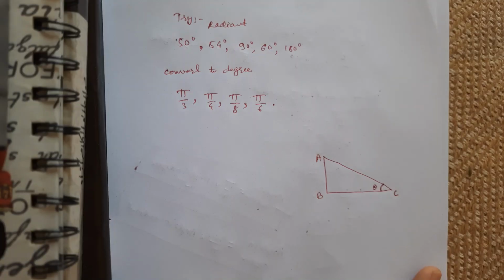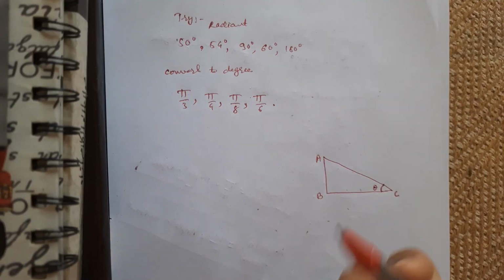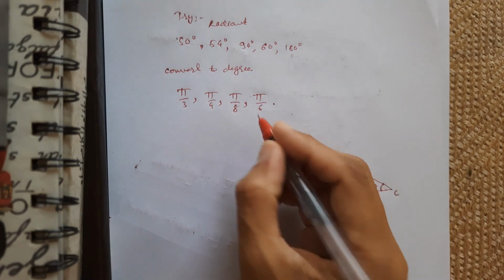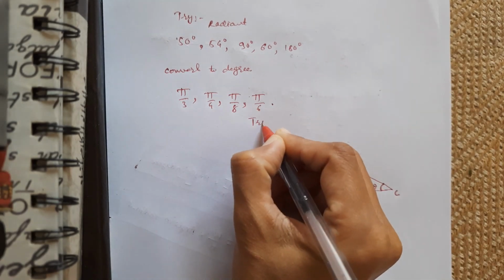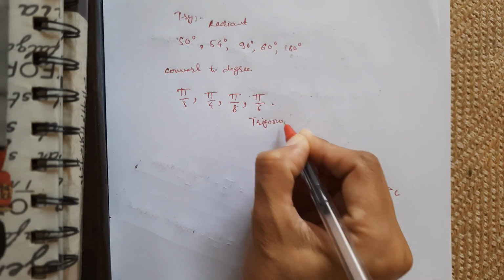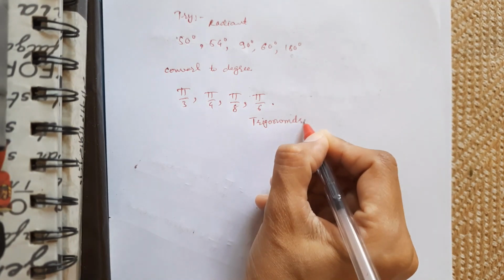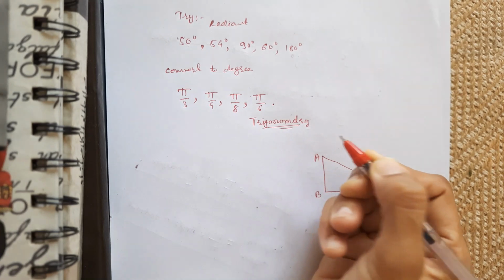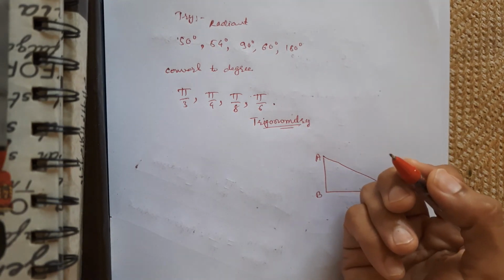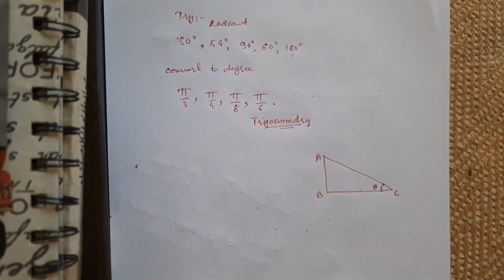Hello friends, good morning. So let's continue the series from the previous lecture. We are discussing trigonometry. In the previous lecture we discussed how to measure in radian and the relationship between degree and radian. In this lecture I want to discuss some other facts about the measurement and some basic definitions that you already know.